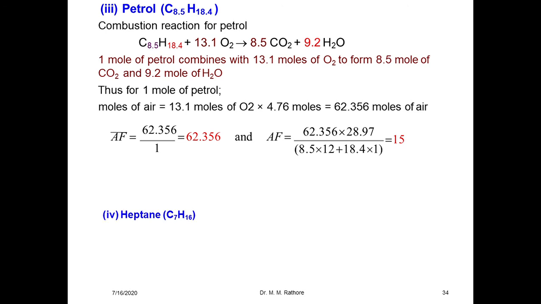Okay, and the final example is heptane. You can find it on your own. C7H16 is the chemical formula for heptane. Try it at home for that particular fuel. Okay, so